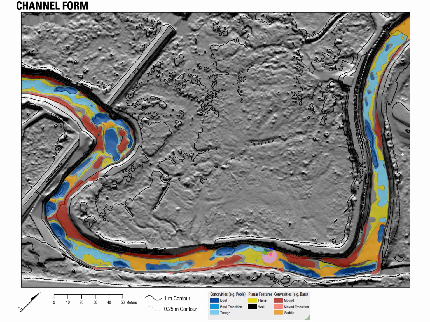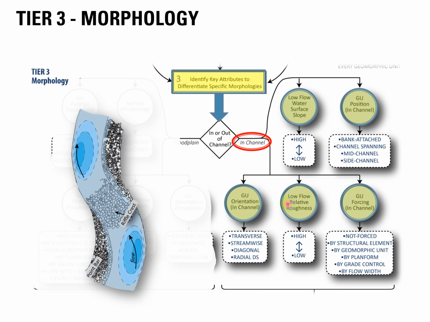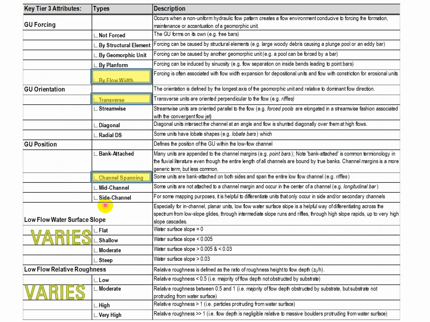Okay, so it allows us to differentiate those from other bar features, which might be shown here in red, like this point bar. And then we can also differentiate the bowls in dark blue from troughs, which are just longer plane bed features that are not that well defined. I'm not asking you to do this sort of map, but I'm pointing this out because as we come into tier 3 and we come back to that riffle crest,